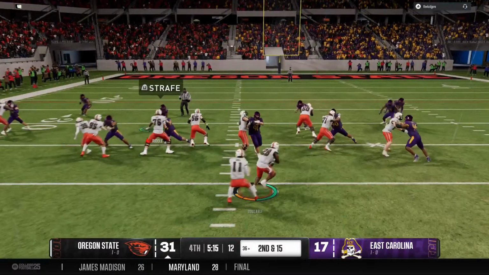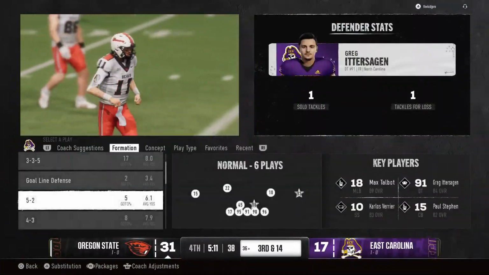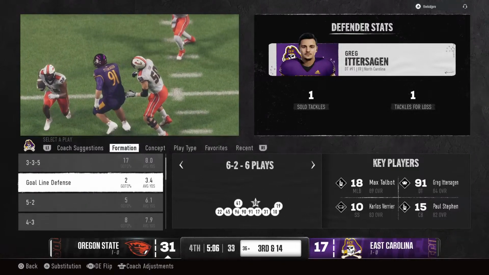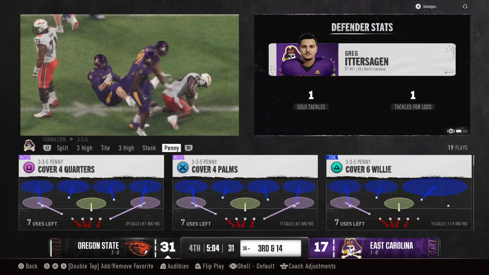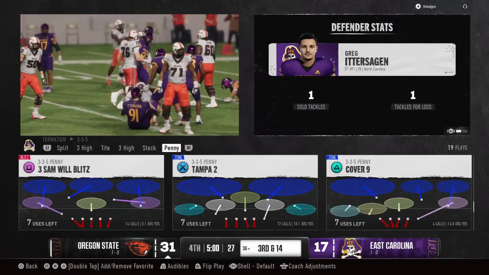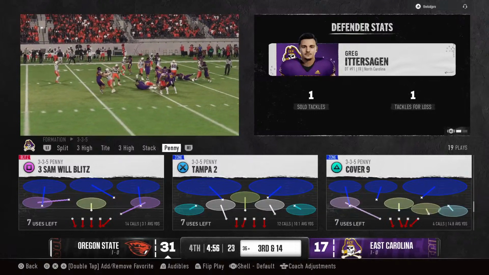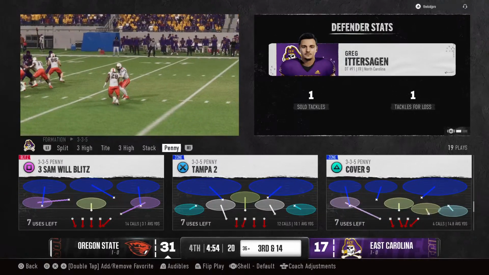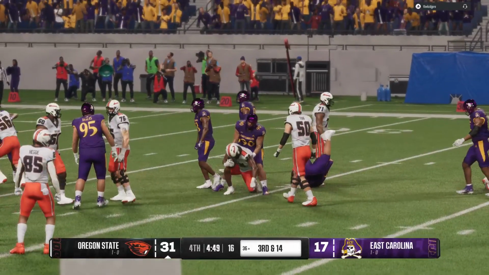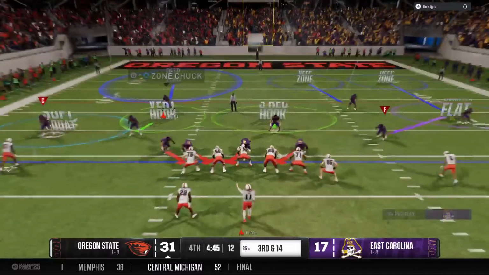From the gun, they'll try to impose their will. And they try the middle of this defense, and that is not happening. Great job by the defense. Everybody firing off the ball, hitting their guys, holding their gaps, running to the football, nowhere to go. They line up with some serious work to do if they want to convert this one.